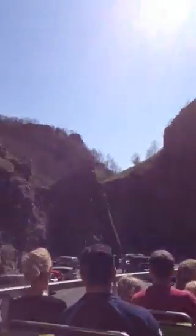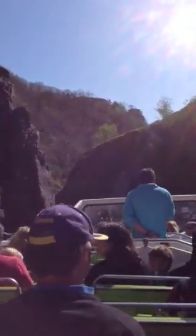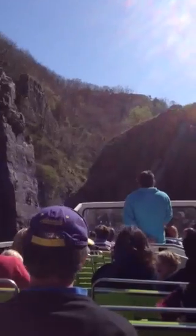So on your right again, you've got lands of quarries. We slowly start working our way around Cooper's Hole now. Cooper's Hole was graced by the presence of Time Team in 1999, and they were trying to look for something along the lines of Cheddar. Unfortunately, they didn't really find a lot in here. A couple of broken bones, and that was really about it. But what they found was quite special enough